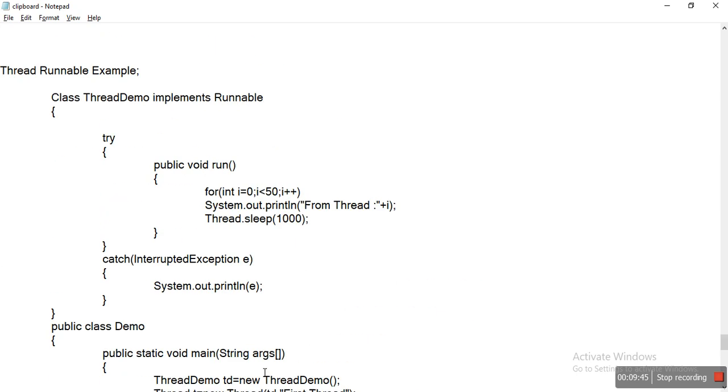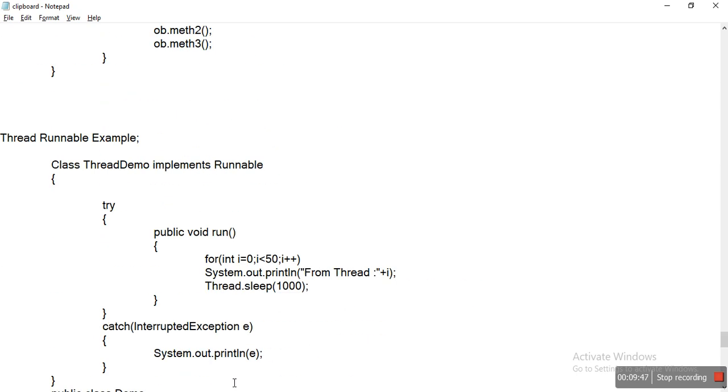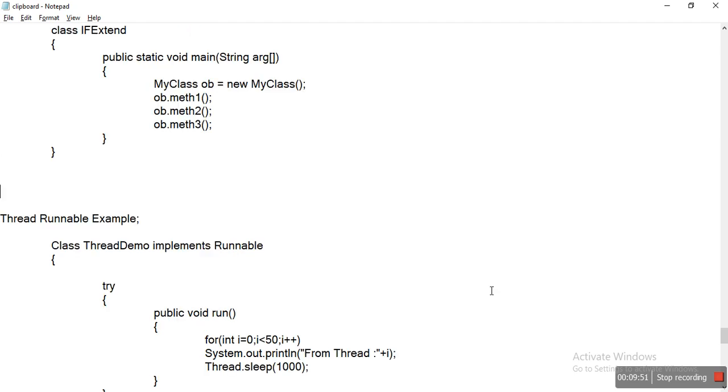See, within this example, the thread runnable example, we created a class. We declared a class, the name of the class is ThreadDemo, which implements the Runnable interface, okay. Now here what happens,